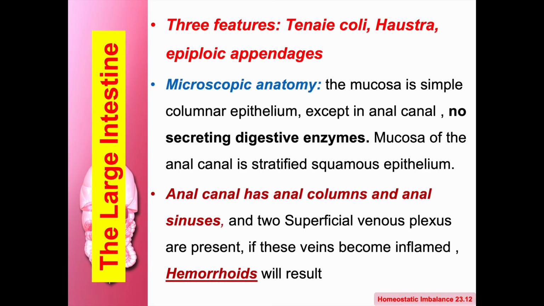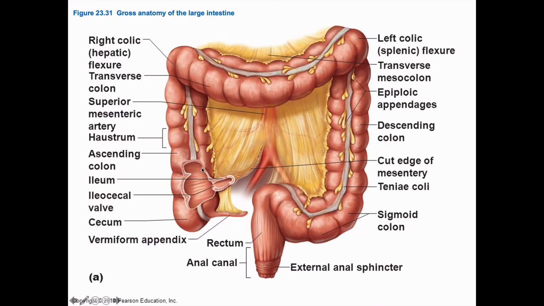Okay, you have to know about the taenia coli, haustra, and appendices epiploicae. You can see this band of structure is called the taenia coli, and one segment like this is called a haustrum. You can also see there are fat pouches here. These pouches can lead to diverticular disease.